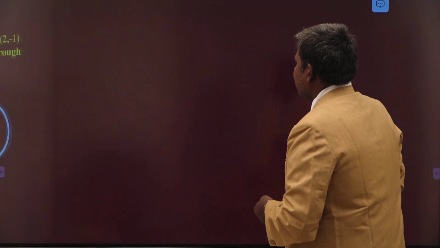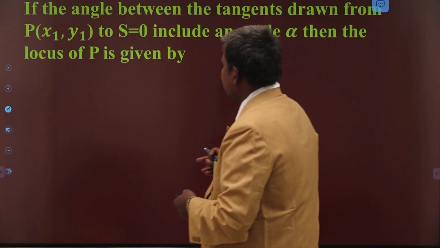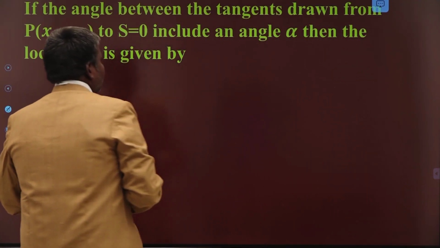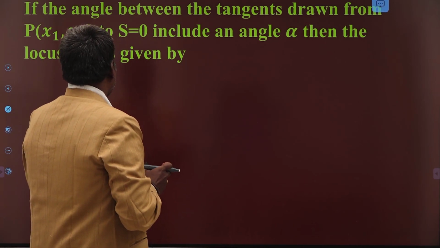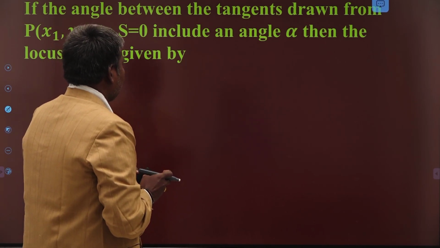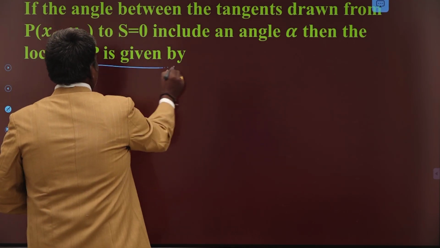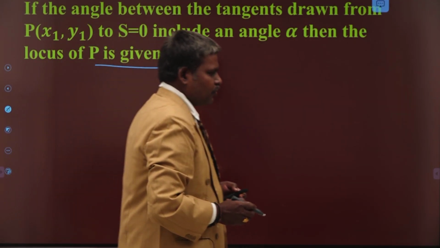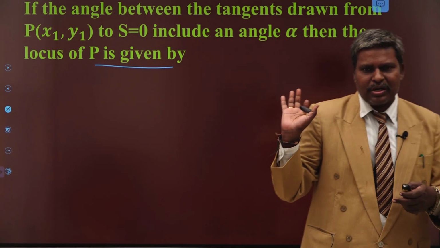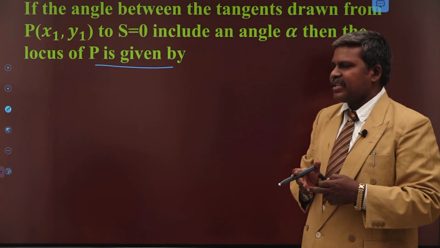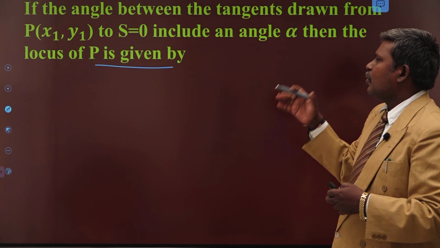See this next question. If the angle between the tangents drawn from P (x1, y1) to the circle S = 0 is inclined at an angle alpha, then what is the locus of P? This is also a very simple question. We mean the locus of the point of intersection of tangents to the circle S = 0 whose angle between them